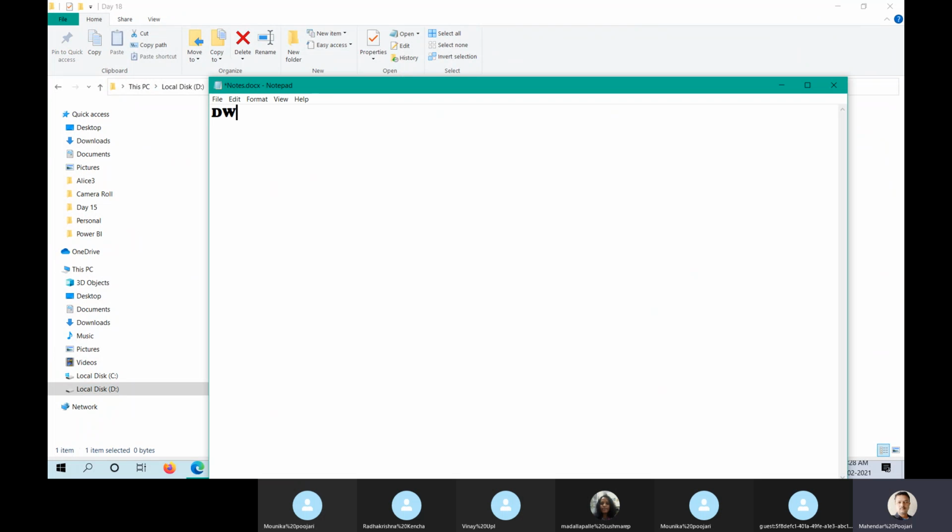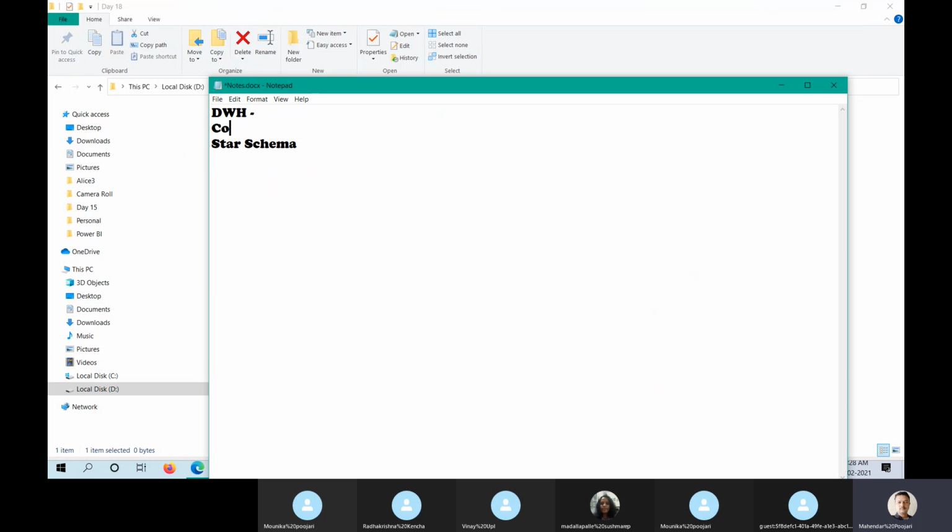So in data warehousing, everybody should know this data warehousing concept. What exactly is meant by this? We already covered the star schema. It is a data warehousing concept. But what exactly is data warehousing? While creating a data warehouse, you should have three steps. In three steps you create a data warehouse.